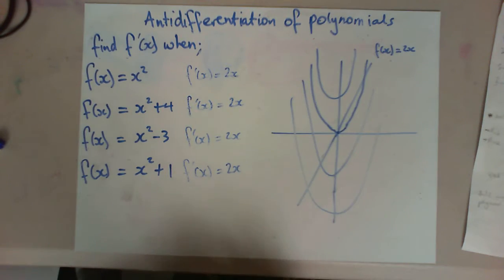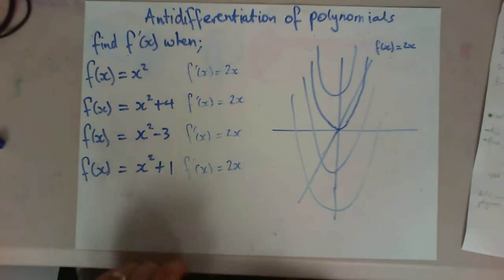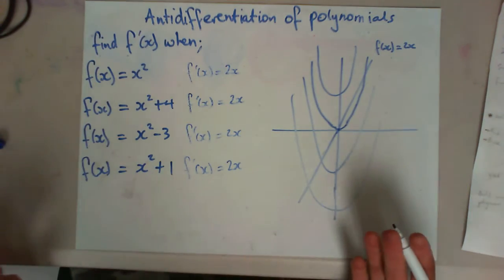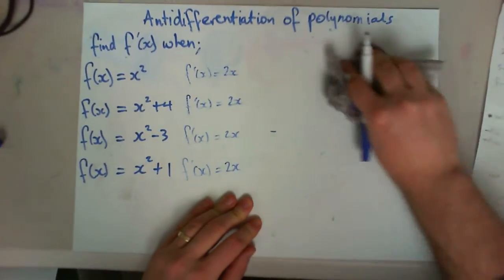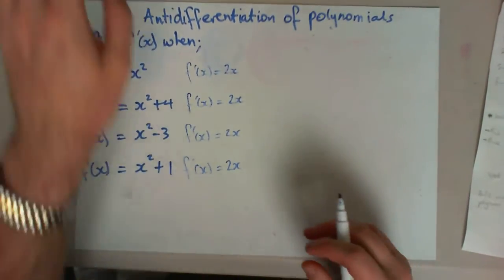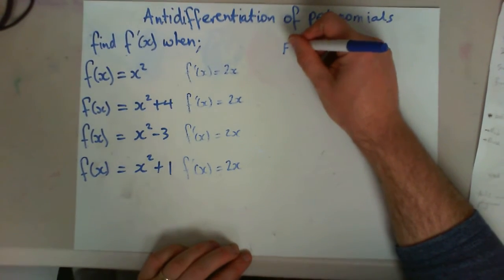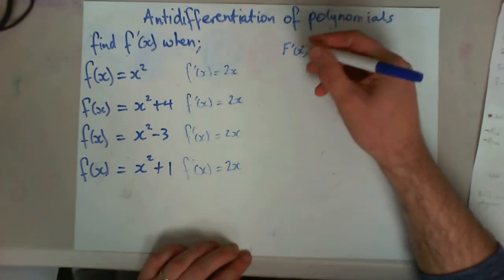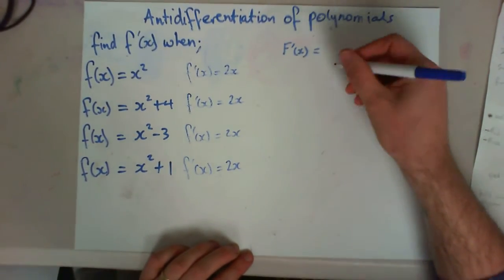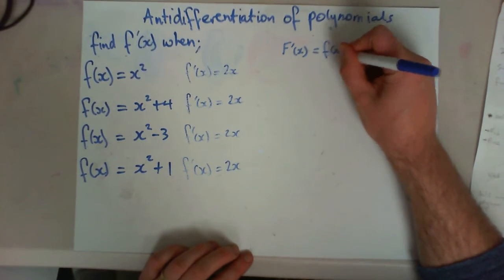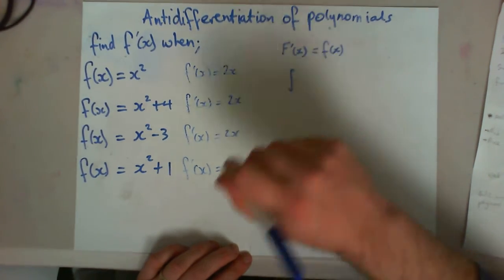So the idea here is that when we find an antiderivative, we need to be able to represent this constant value at the end that we don't know. In order to do that, we need to get some notation down. If we use capital F of x, and the derivative of capital F of x equals little f of x, then if we find our antiderivative, now this is a new notation here,